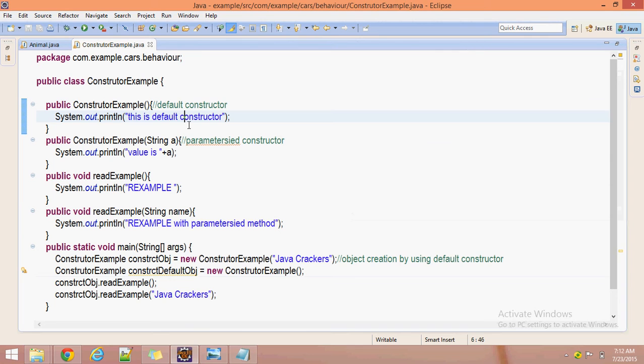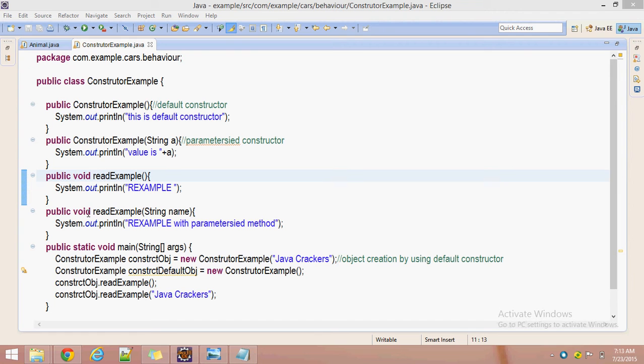Now we got a point here: what is the main difference between constructor and method? The constructor will be called while creating an object. It is useful for initializing an object, and a method describes the behavior of an object. That is the main difference between constructor and method. And one more thing is, a constructor won't return anything explicitly, but a method will return some values. Here I gave void, so no need to return anything, because implicitly it will return a default value,